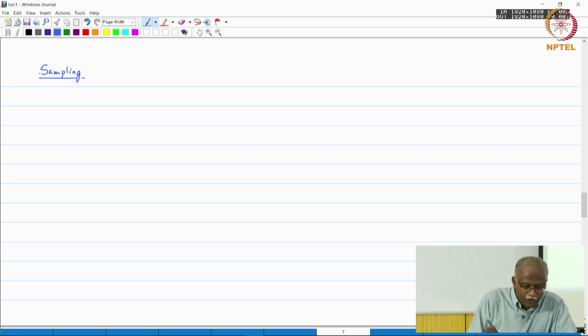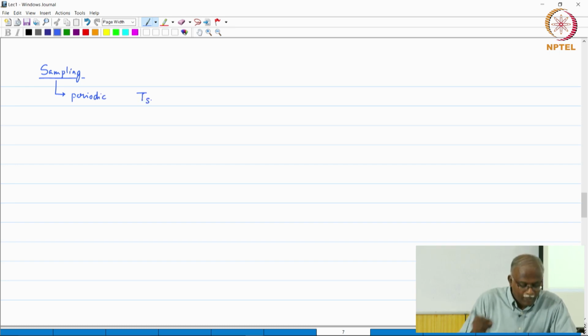And we are going to be exclusively looking at periodic sampling, which means that we have an underlying sampling period, and a sampling frequency. This is the sampling period. It's in units of time. Sampling frequency,